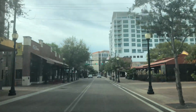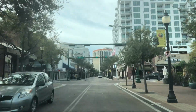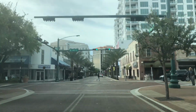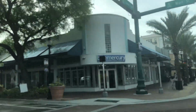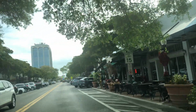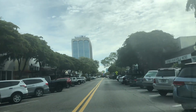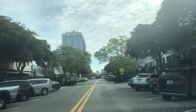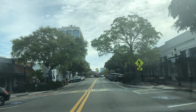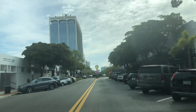Oh, I forgot to mention, see, more condos to the right here, ahead of you. They're building condos everywhere. If you want luxury city living in Sarasota, this is where you want to buy. And on this main street here, we're back on Main Street from the start of this video, and to the right is my favorite Vietnamese restaurant